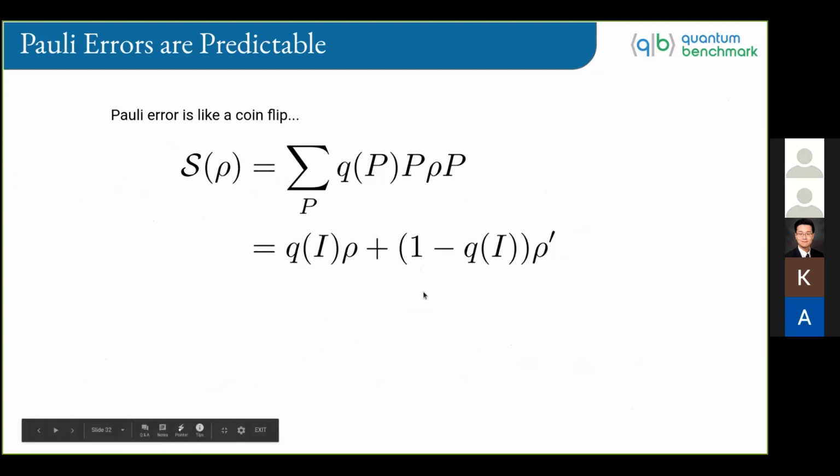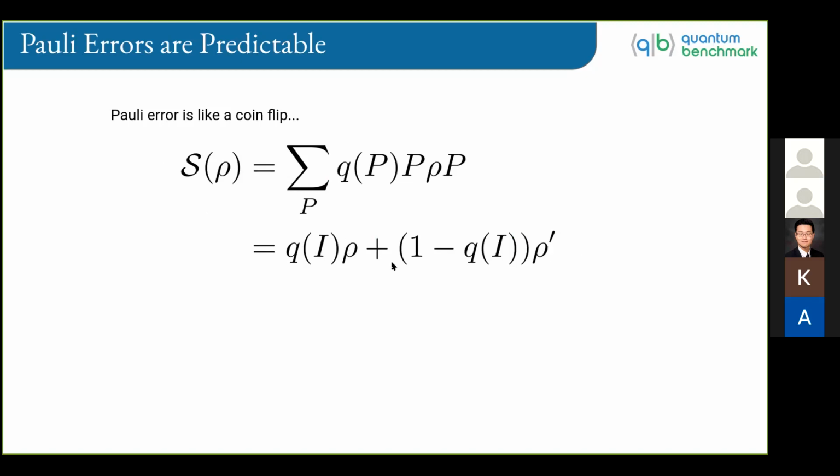So harkening back to that plot where I showed all of the cycle qualities of all those cycles on all those chips, what's really important to note is that Pauli error is kind of like a coin flip, right? So if you have some error channel S and you apply it to some state, you have a probability that it does nothing to the state, and you have a probability that it takes it to some other state, rho